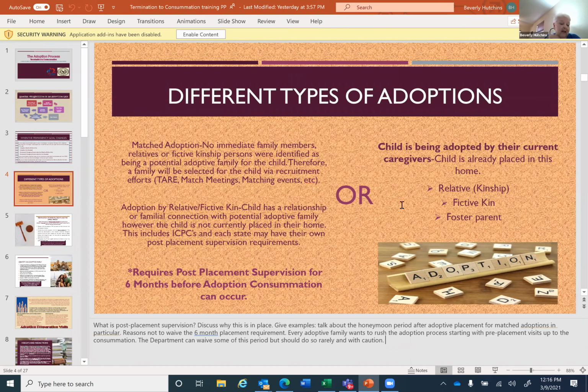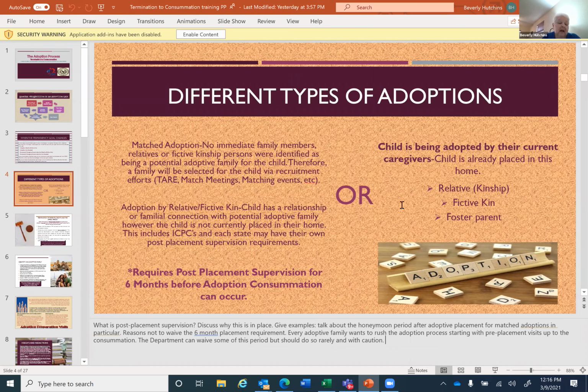If after that screening call they do wish to be considered, and if we feel there's still a potential possibility for the child, then they can be among the ones considered for a selection staffing. What will happen when we are looking at a selection staffing for the child is that the home studies will be sent to all of the parties. The CASA will get a copy of all of the home studies that are going to be considered. The attorney ad litem, the case manager where the child is placed, all of those people, and the therapist, if we have a therapist,